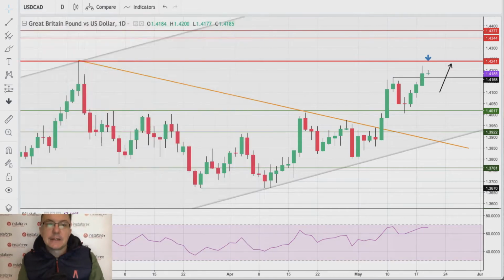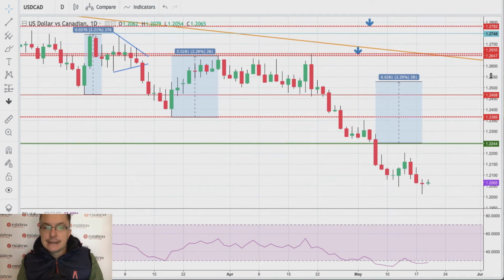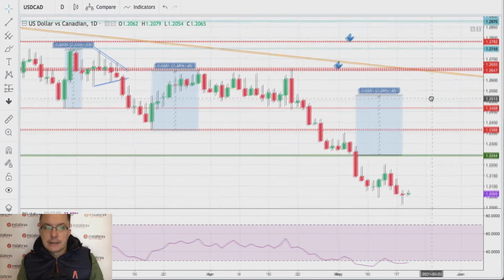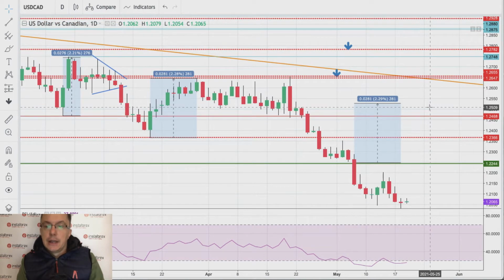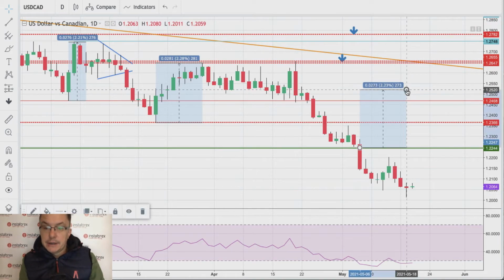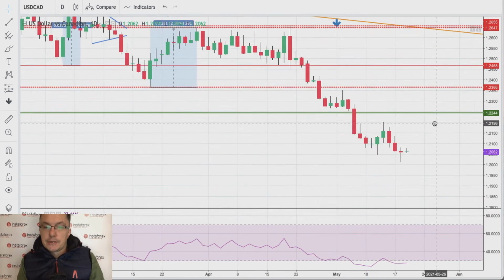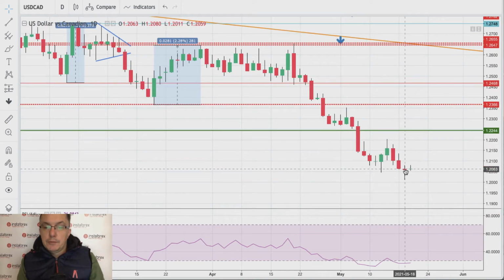US dollar to the Canadian dollar, because of the last incoming data release regarding the inflationary pressure on the Canadian dollar. So what do we have here? The market keeps going down. It didn't bounce even 1.2229 here. So all of these bounces are lower than 1.2228. This one is lower, this one is lower, and we keep making lower lows. So right now we made a lower low at